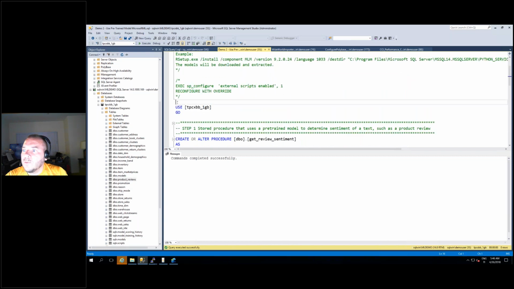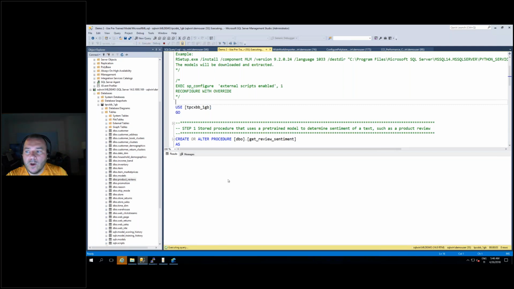And when I run this query just quickly, it will take some time to run. So we will see a nice query result where we have automatically analyzed whether the customer product review text is giving a positive, neutral, or negative sentiment. Very common scenario that many enterprise customers are trying to do, and we wanted to make this very easy for customers to implement.